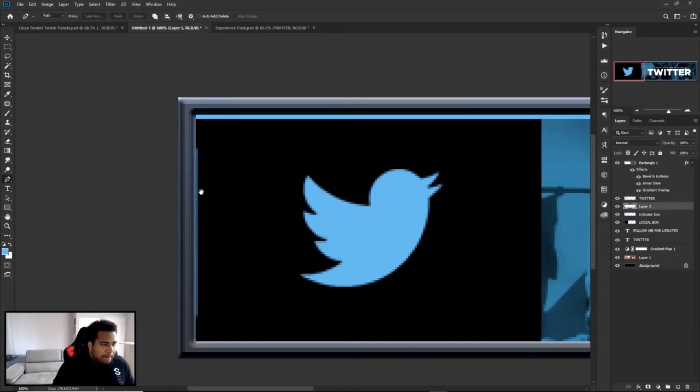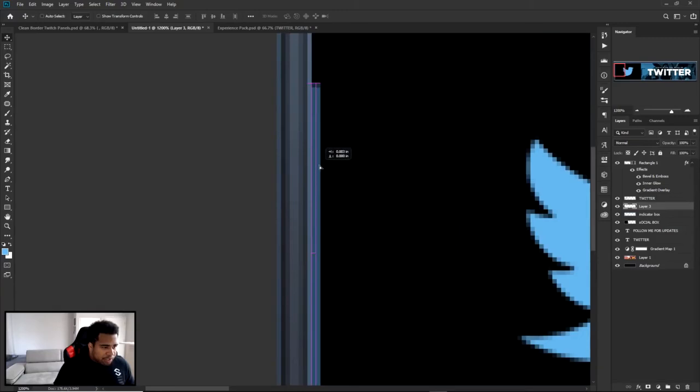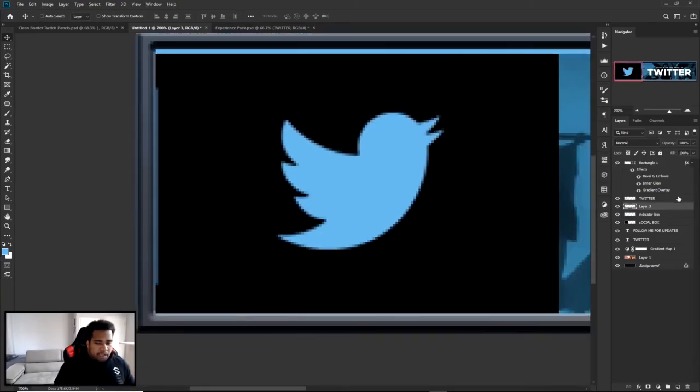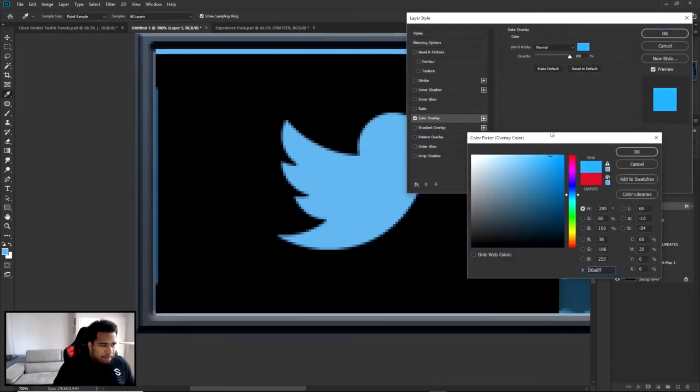Right click, delete the path now to get rid of it. So it's the same color as this blue right here. So I will just quickly drag this out. You can see it's the same exact color, right? But I want it to be a little more, I guess you would say, brighter. I'm gonna go with color overlay, take my blue and make sure the saturation